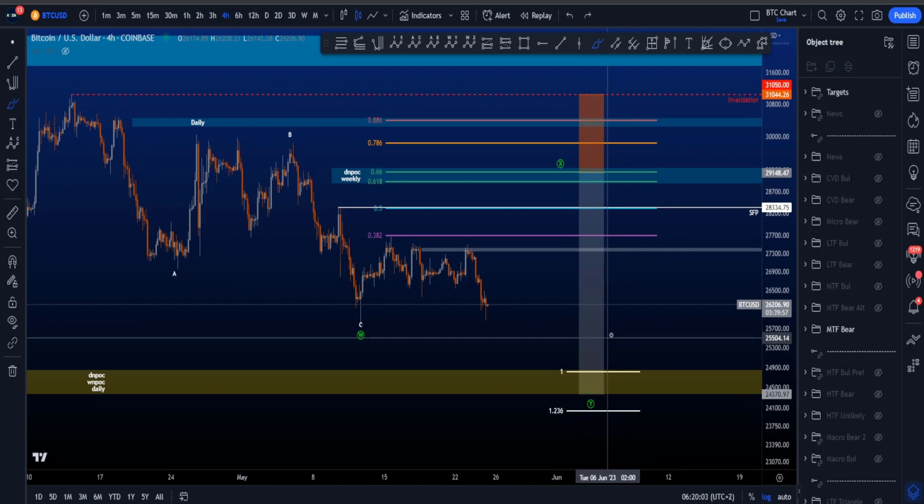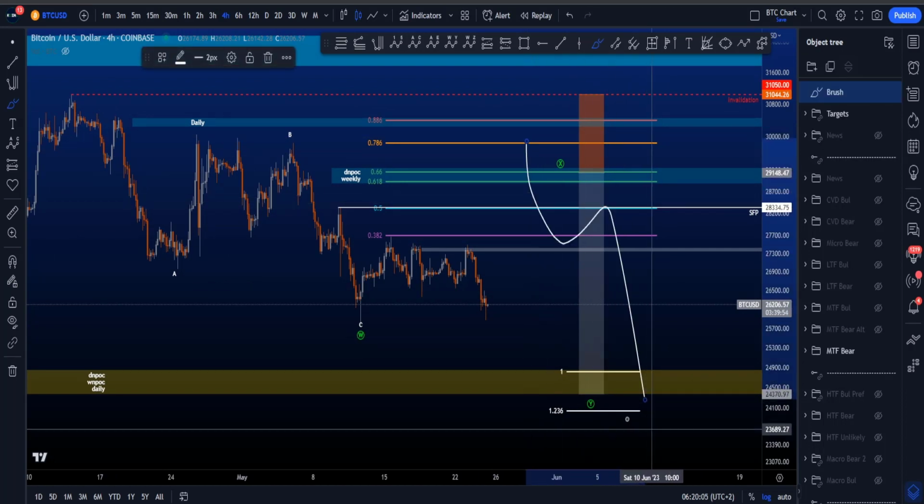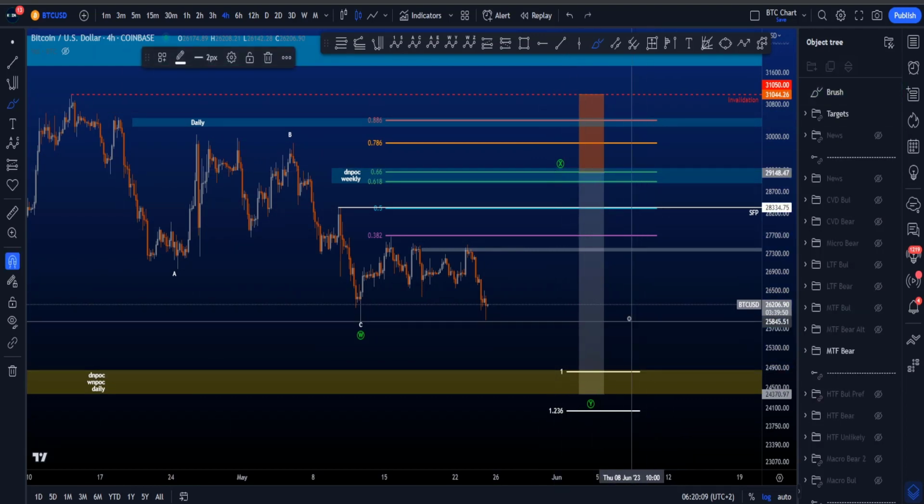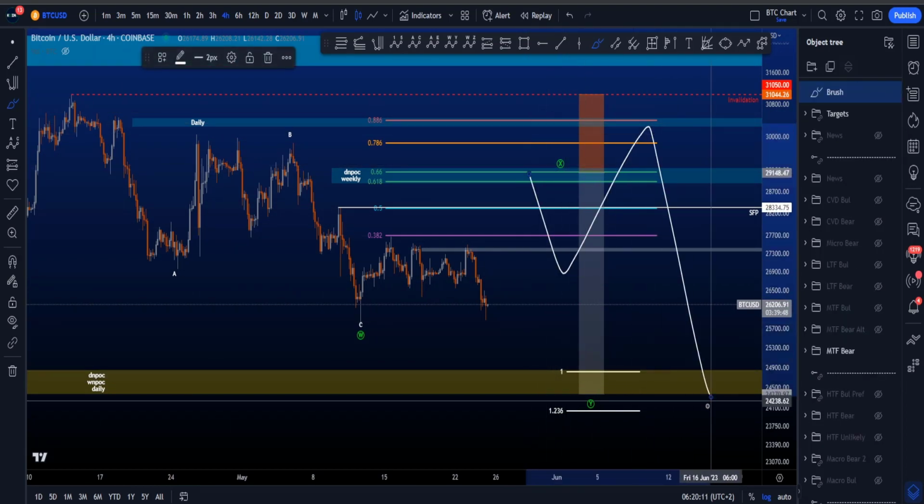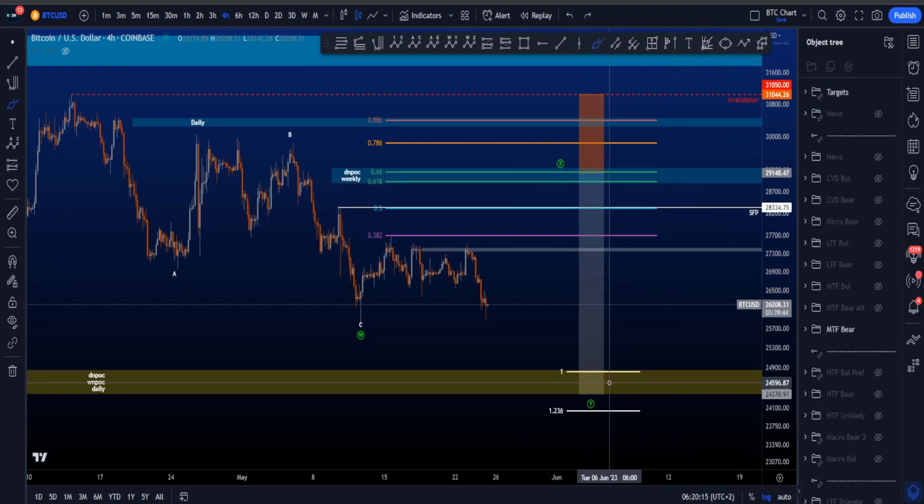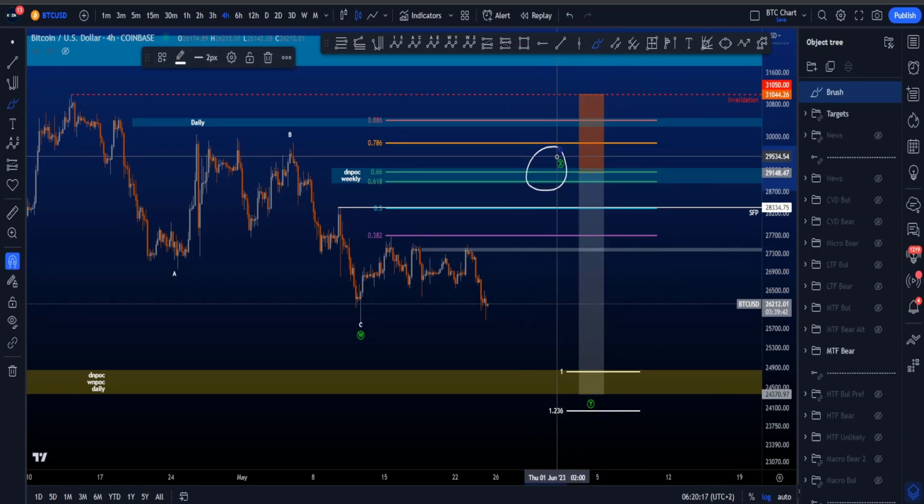Now a wave Y can be many different patterns. It can be a zigzag and then this being a double zigzag 5-3-5 structure here to the downside. It can also be an expanding flat. It can also be a triangle. So of course we have to wait and see what is going to happen once wave X potentially is in,